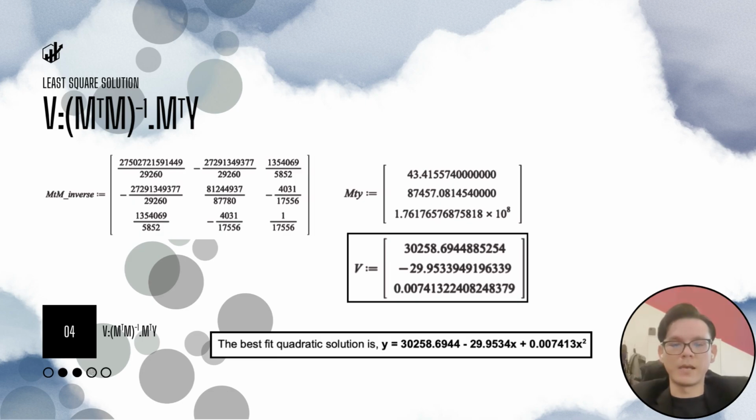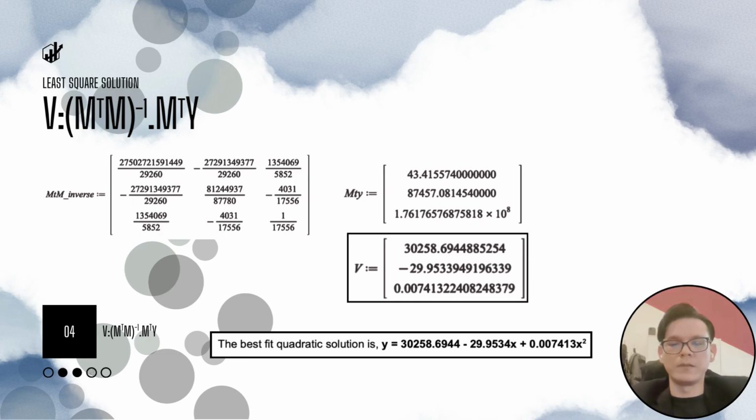Then, it is multiplied with the vector MTY to obtain the coefficient vector V. The resulting values of the coefficients are A equals 30258.6945, B equals negative 29.9534, and C equals